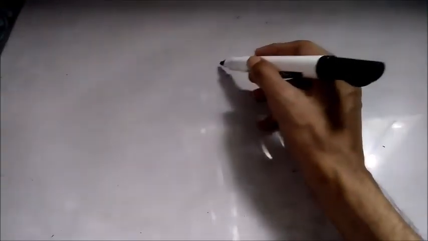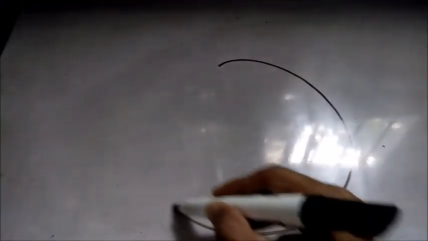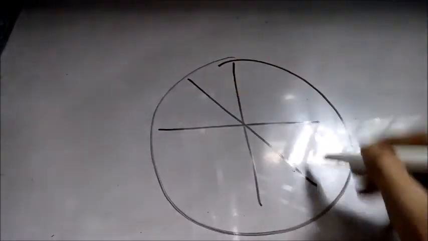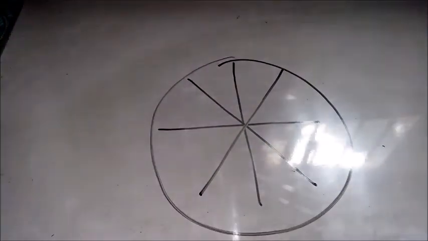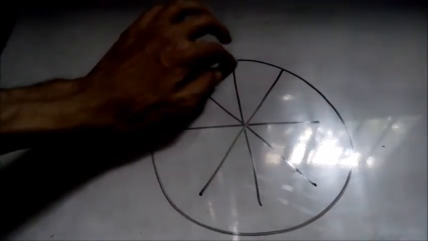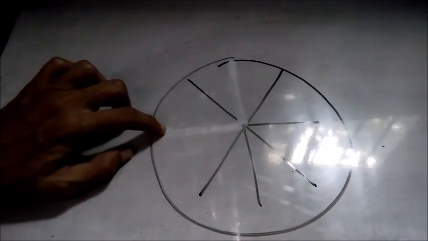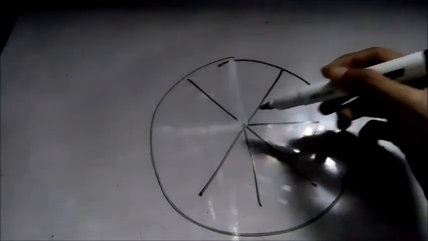Now if you want to know about the limb leads, imagine that you have a pizza in front of you, right? And a pizza usually has 8 slices. We're going to rub out these two lines, this line and this line, right? And the lines that are left are limb leads, right? So an easy mnemonic to learn these limb leads is